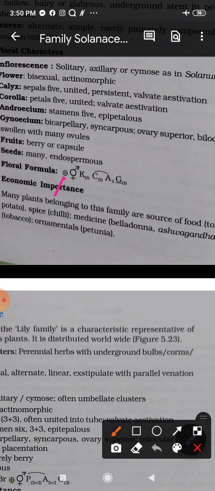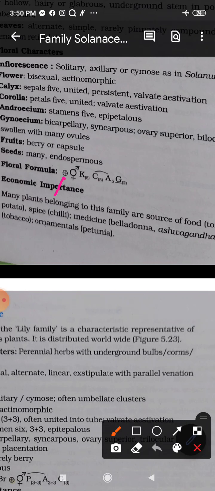Right? Similarly, corolla is 5 and fused. Androecium is 5 and it is epipetalous. Right? Gynoecium is